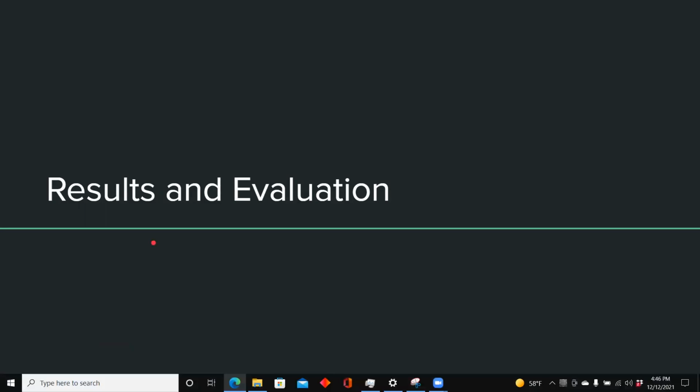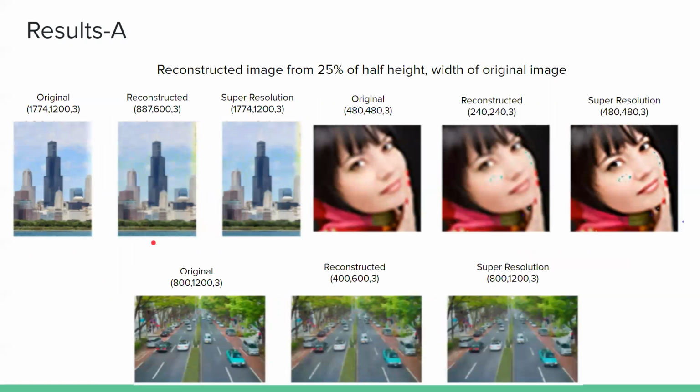So talking about results and evaluation for both of these approaches now, we first analyze our technical approach A. In the second image, as you can see, we have the original image, which is a 480 cross 480 image. We first downsize it to 240 cross 240, and then we send only 25% of the image to the receiver, and then the receiver, using L1 norm minimization, reconstructs this image, which is again a 240 cross 240 image, and